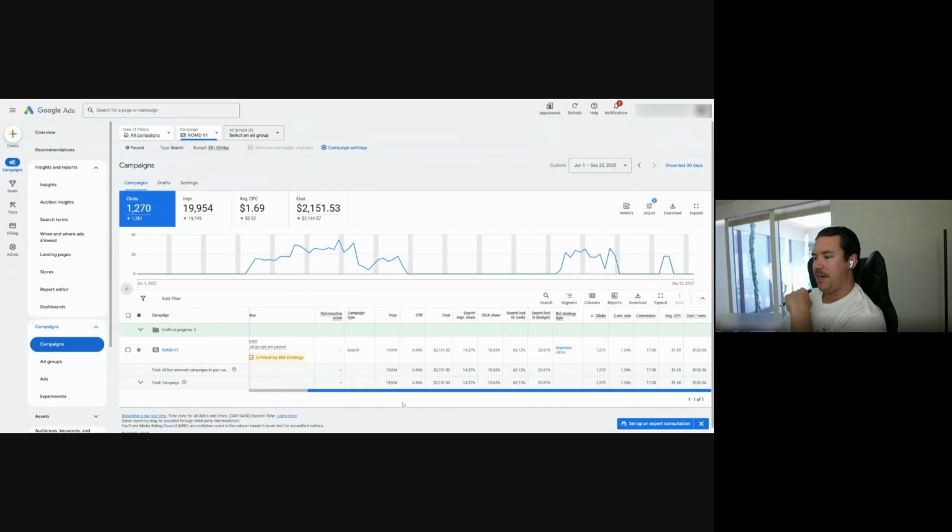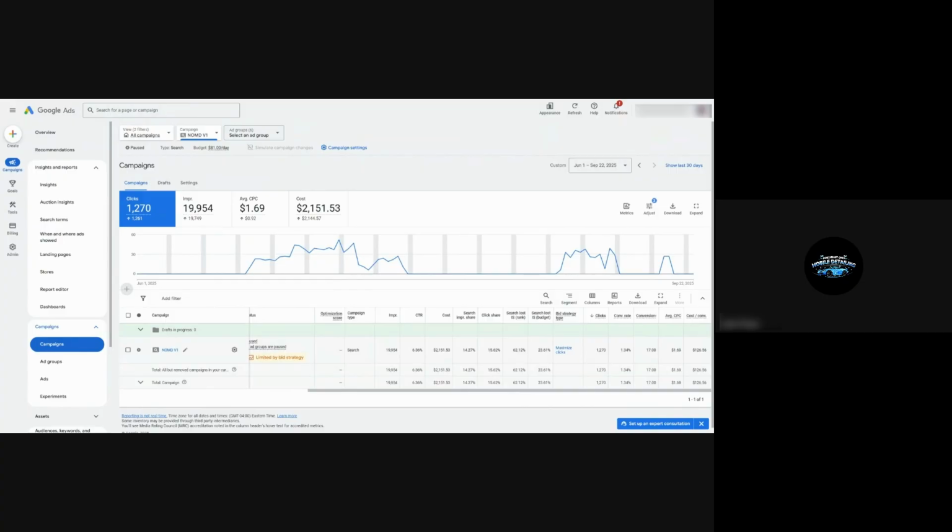These competitive metrics are always going to show you, during this time frame, of course, and depending on what ad groups and campaign you have, it's always going to depend on that. But these are your competitive metrics. So during this time that your campaign was on, you got 14.27% of the impression share. Do you know what that means?